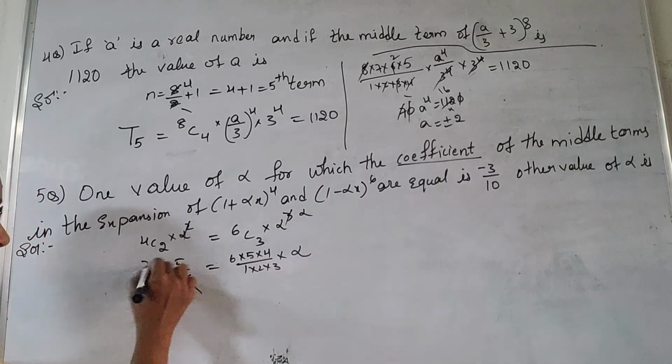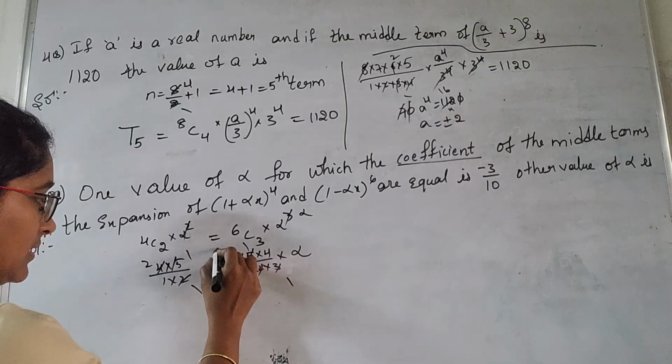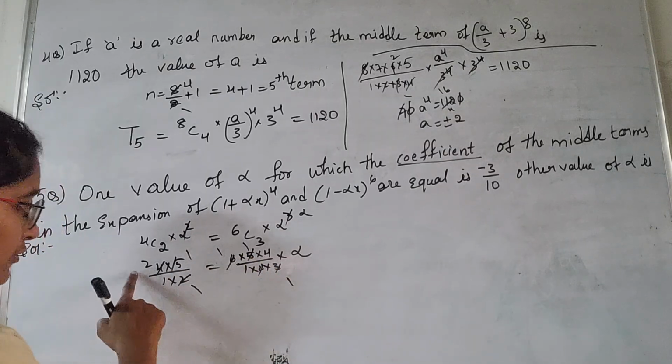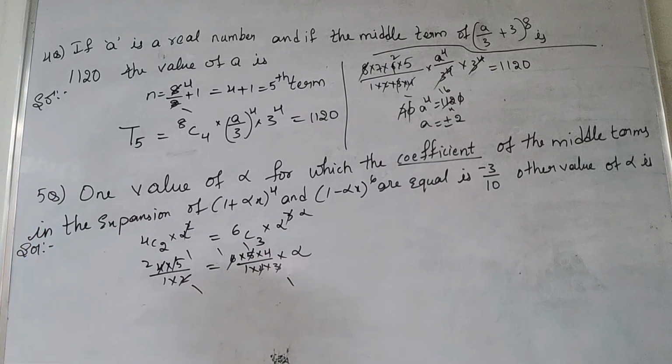So 2 ones, 2 twos are... 5 ones, 5 ones will get cancelled, 3 ones, 3 twos are 6, 6 cancels, here 2 is left over and 4 over here. 2 by 4 is 1 by 2,